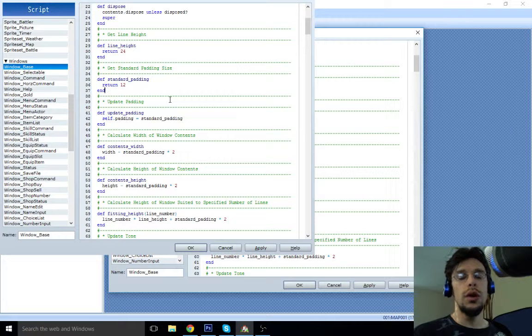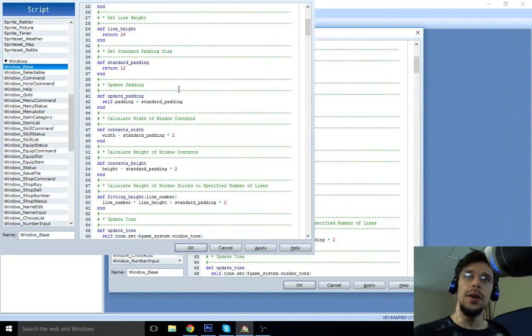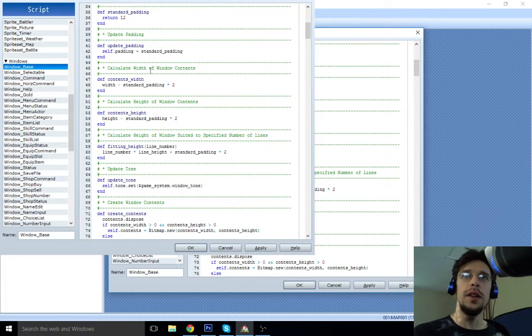So just to make things easier, the reason you would want to use a method instead of a variable is if you have a formula. So if you have a formula, you usually want to use a method, not a variable. All right, so update padding, self. So all this is stuff you should know. Standard padding,